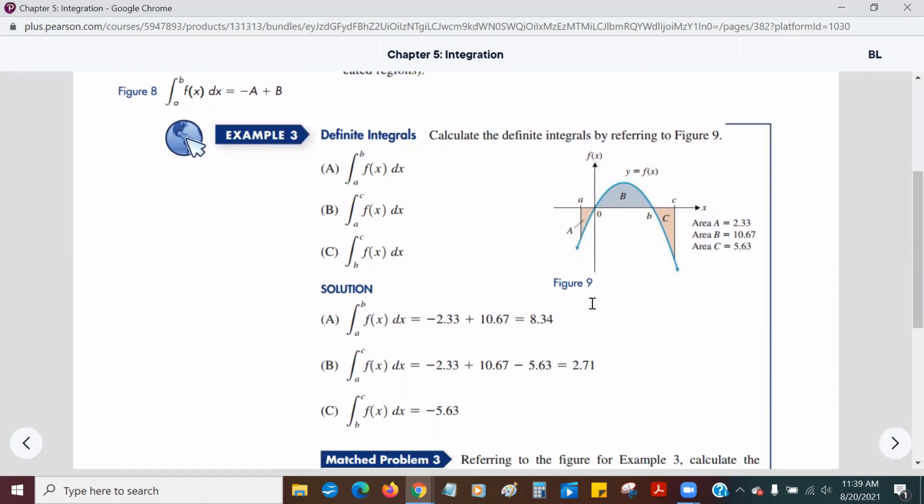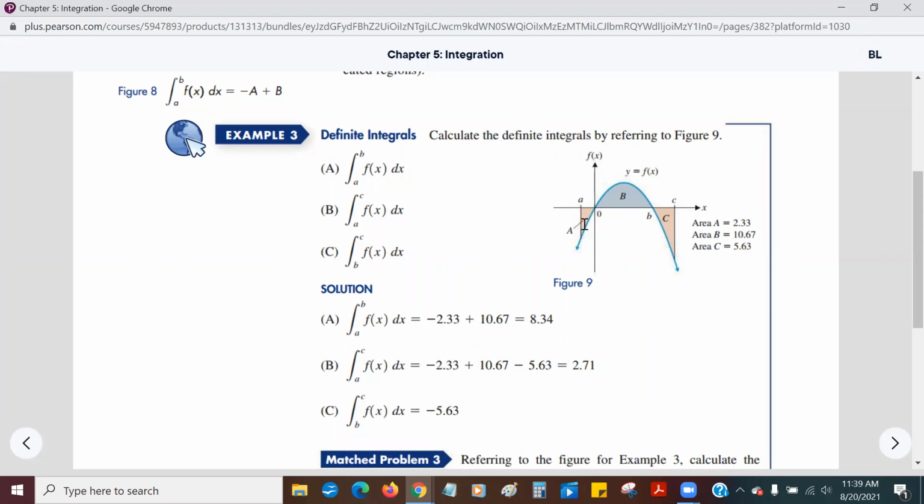Now, let's look at some definite integrals. I'm looking at this curve here. This region A is 2.33 square units. This region over here, B, is 10.67. And this C over here is 5.63. Again, we're listing these as positive because we're talking about areas like a geometry area. Now, the integral from point a all the way to point b, well, it's 2.33, 10.67, and 5.63. However,